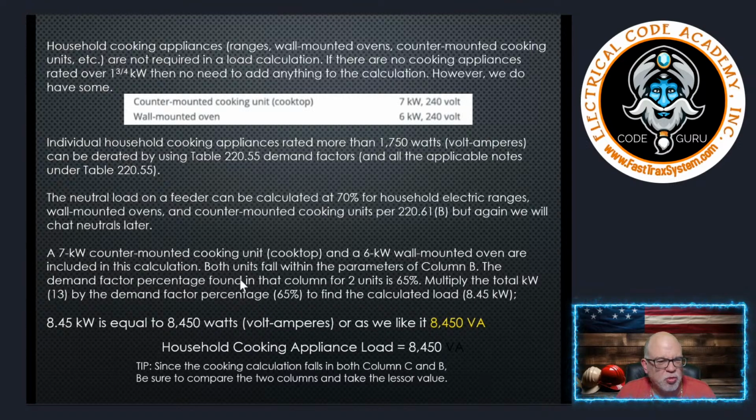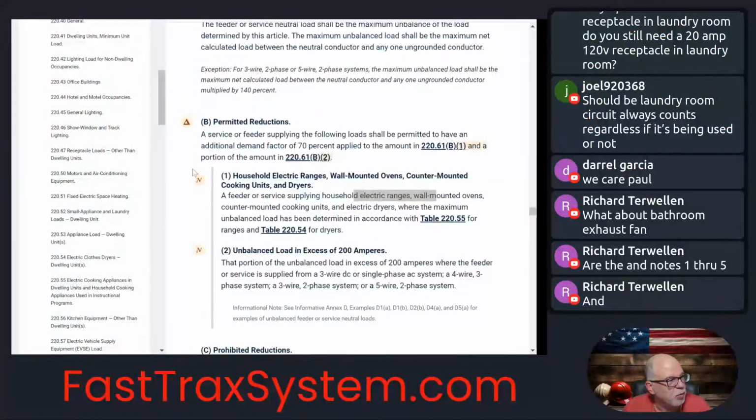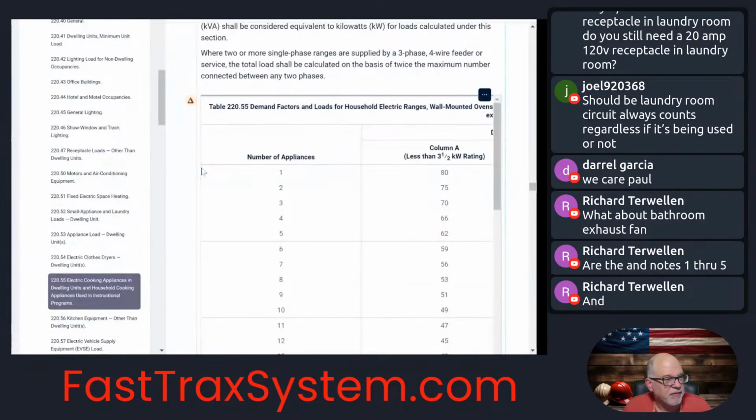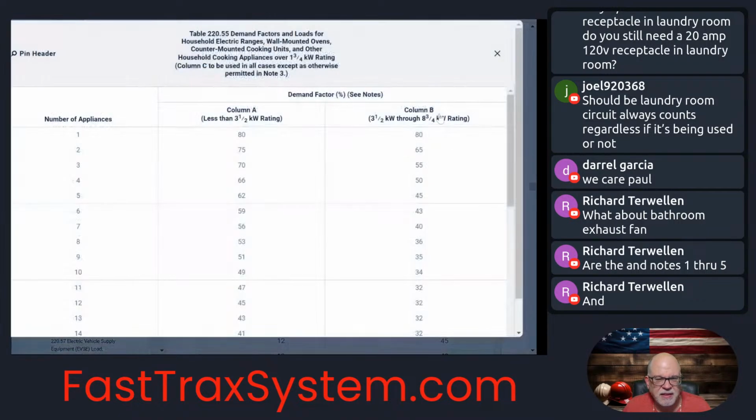So what we want to do really quickly, since we know our values and where they fall, is go to the NEC and go to the table right here. I'm going to see if I can blow this up. You can see all but the third one, so that's okay for right now. The first thing I want to point out is this language. Notice right here, whether you're using note 1, note 2, or others, you're always going to be using column